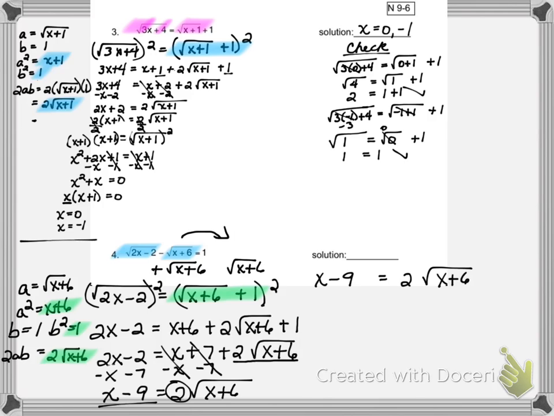Now we're going to square both sides. x minus 9 squared is x minus 9 times x minus 9. When you multiply that out, you'll have x squared, minus 2 times x times 9, so that's going to be 18x, plus 9 squared, which is 81,